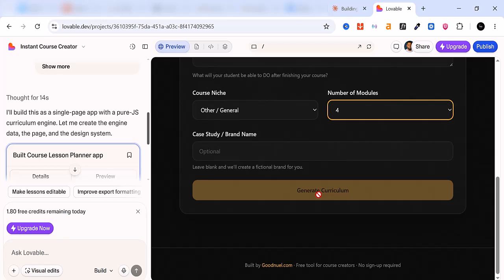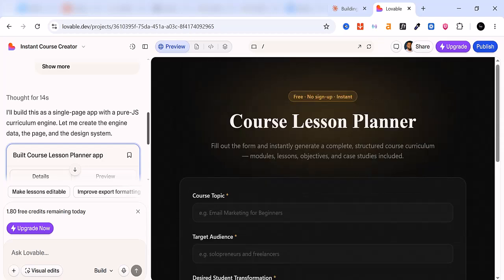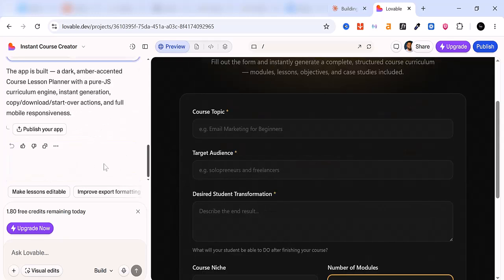We are still going to test this properly, but before then, you can see the footer. I told them that it was built by me, and it puts my website. It says free tool for course creators and no sign-in required. So I really like this because this is a one-page tool, very easy to use, and we can instantly just